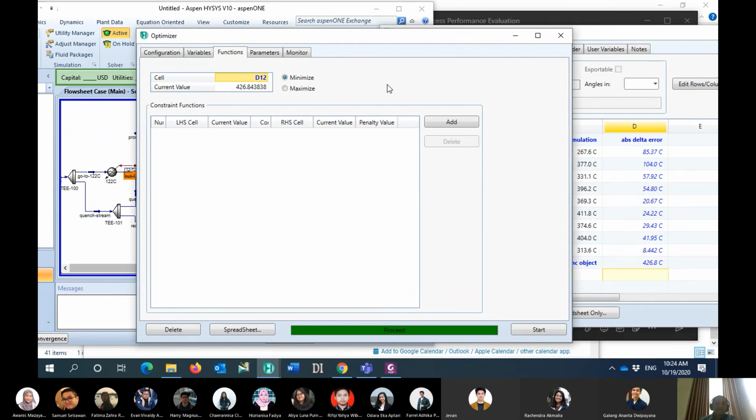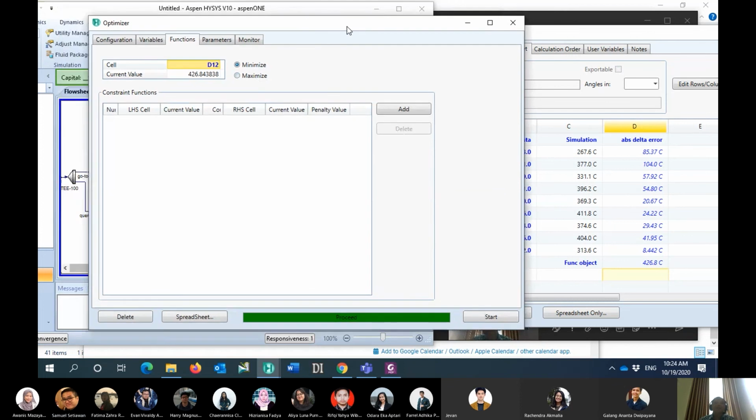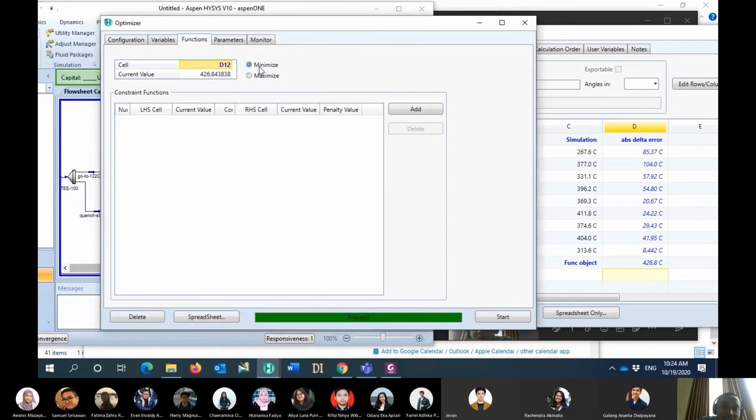The D12 value, should it be minimize or maximize? Which one is the correct one? Minimize, sir. Oh, minimize. Okay, yeah, so it's correct. It should be minimize.